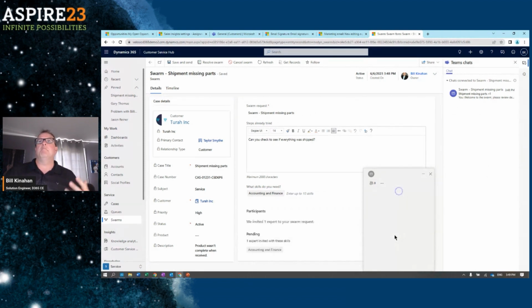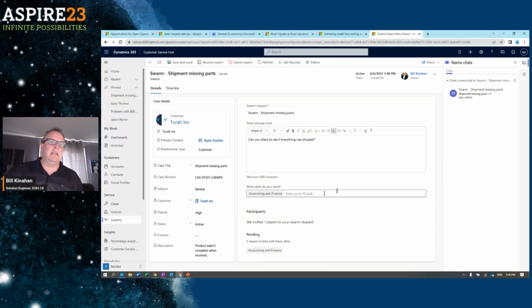So the ability to have Teams integrated into the application, this swarm created with the application, and all this is tracked, right? So somebody can pick this up and run with it and help solve this case on a very timely or quick basis. Now, the one last area I want to touch on is around the ability to go in and create